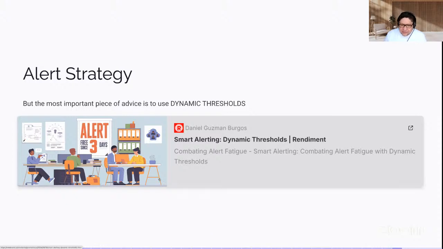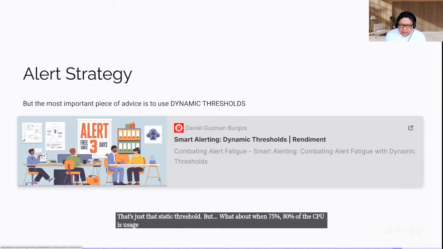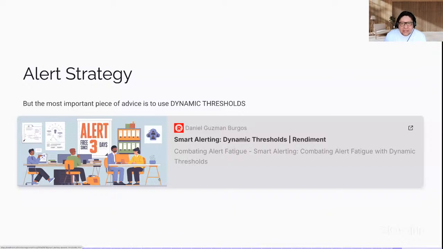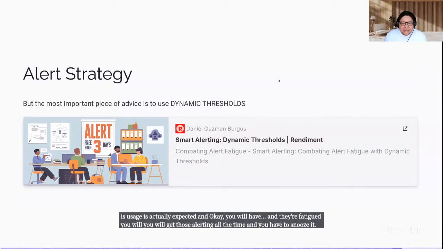That's a static threshold. But what about when 75%, 80% of the CPU's usage is actually expected? You will have alert fatigue. You will get those alerts all the time, and you have to snooze or silence them. With dynamic threshold, you can have